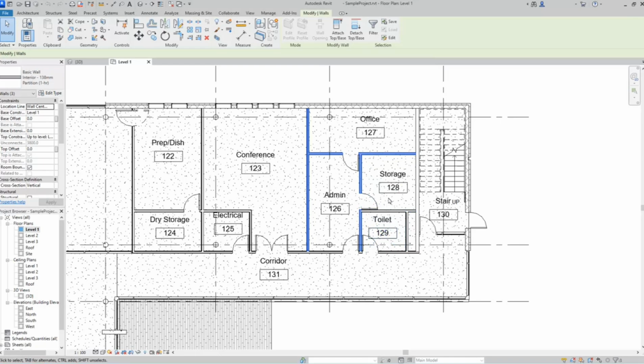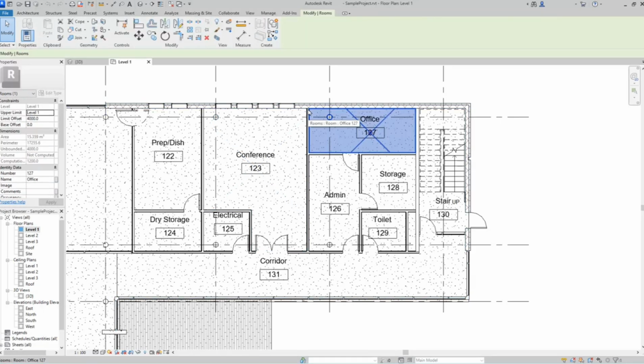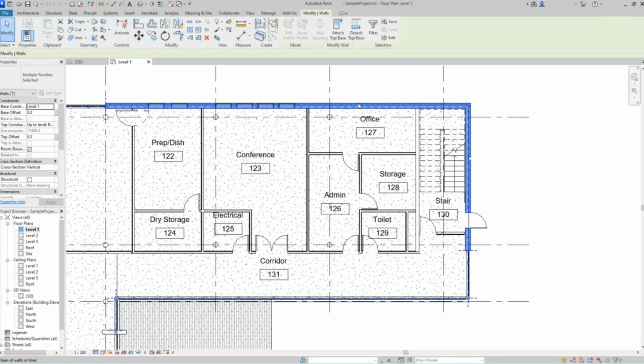When multiple objects are near the cursor, you can repeatedly press the Tab key to cycle through those elements. Once the element you want to select is highlighted, click to select that element. You can also use the Tab key to select a chain of connected elements. For example, when you move the cursor over the north wall, only that wall highlights. But when you press the Tab key, all of the connected walls highlight, and when you click, all of the